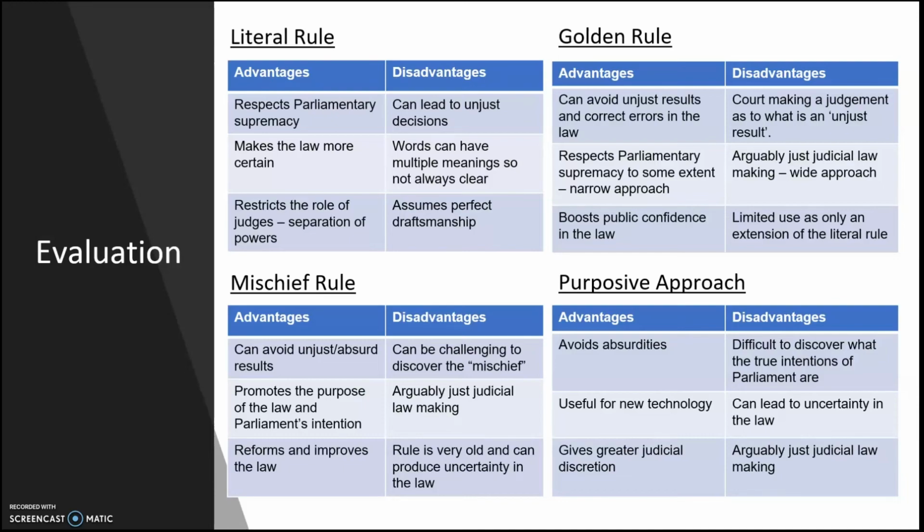It does boost public confidence in the law, though, because it fixes absurd results. In all those first four cases for the literal rule, clearly the people involved would have been very unhappy with those results, and certainly the police in Cheeseman's case would have been very unhappy that it didn't result in a conviction, because clearly it should have. Whereas the golden rule fixes those problems and ensures the right decision is made,